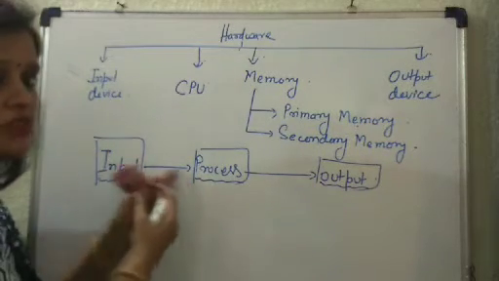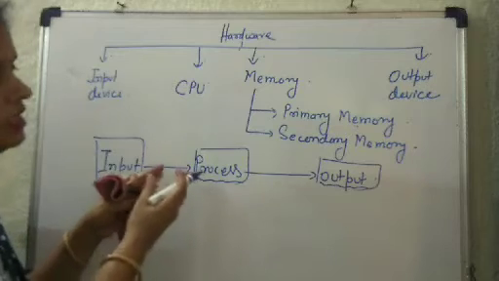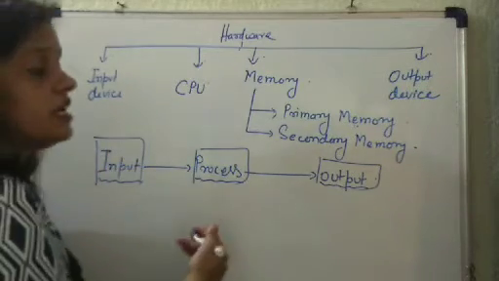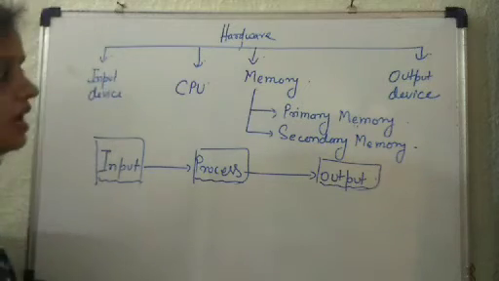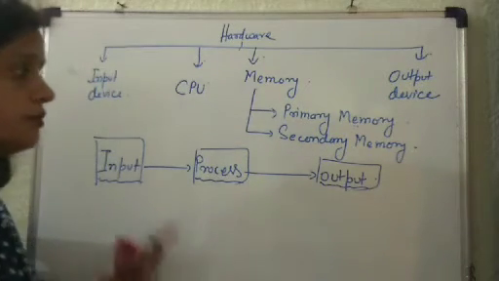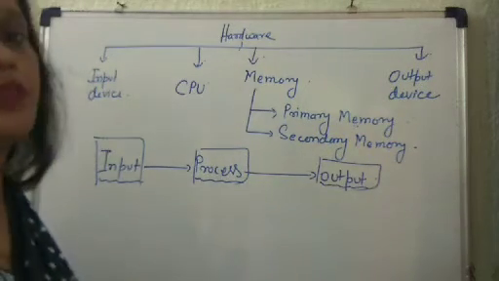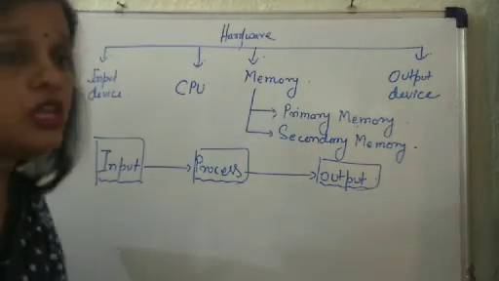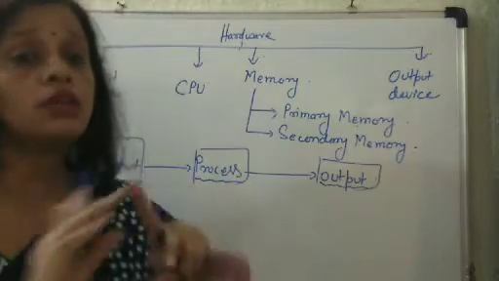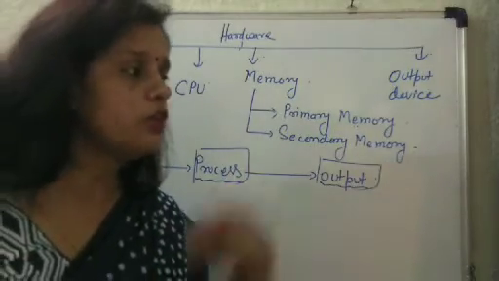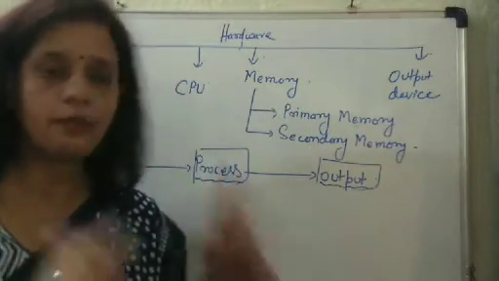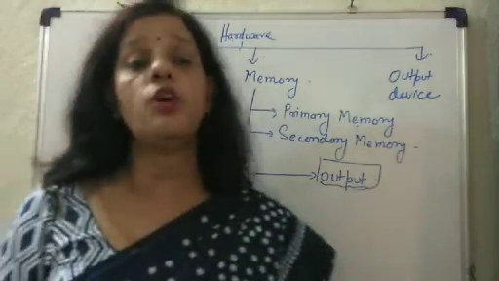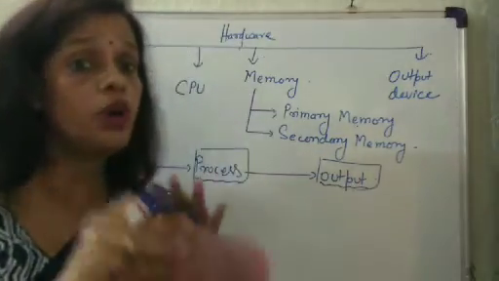Once the input is given to the process, and after following each step in the process, it generates the output, right? You can take any example from real life also. Suppose you want a wooden chair, so definitely you will go to a carpenter, and you will tell the carpenter that you want a wooden chair, right?